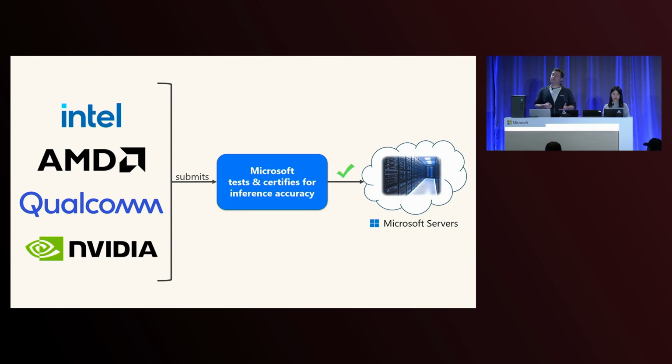The way that this works is that as these manufacturers bring new hardware to market, at the same time, they will either refresh or create new execution providers to coincide with that new hardware. They will submit those new execution providers to us, Microsoft. We will test those execution providers, certify them to make sure that there aren't regressions in inference accuracy, make sure everything looks good. And then we'll put them on our servers and make them available to Windows ML to be able to go and download when it sees new hardware on the device. And you don't have to change any of your app code. So basically, you write to Windows ML, future devices hit the market, and it just works, and you didn't have to go and ship some sort of an update. That's effectively the vision of the certification program in this collaboration.